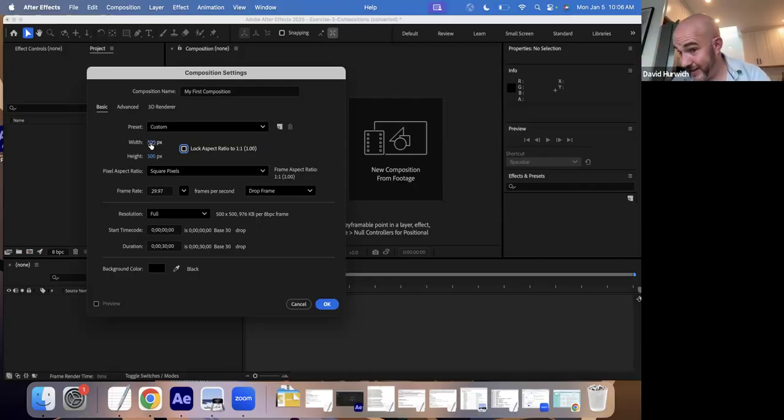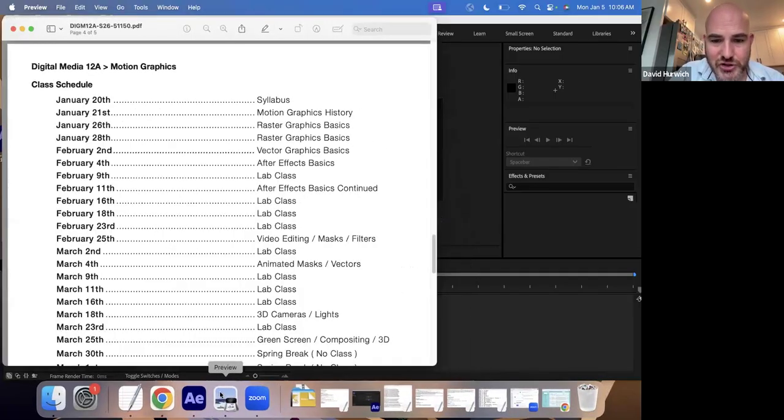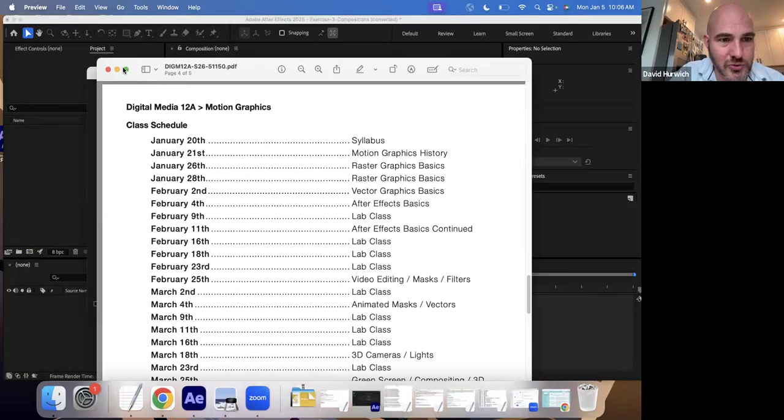That being said, there actually are standardized measurements for video. This is what we use in television and in film. So rather than just making up our own, it's usually a good idea to use some of the existing common dimensions. Okay. So let's go to